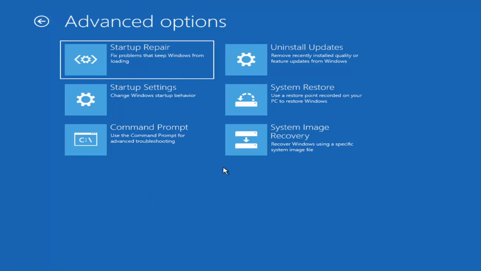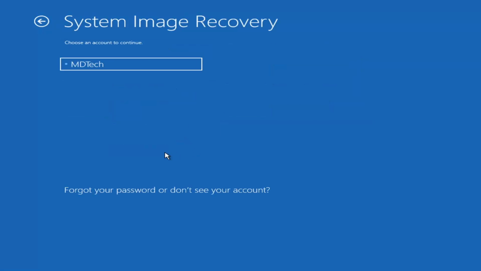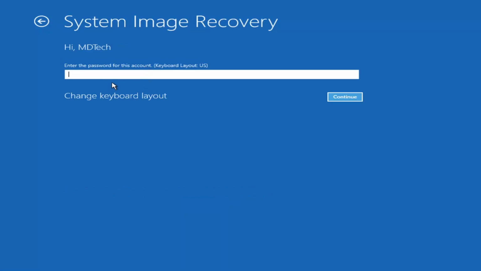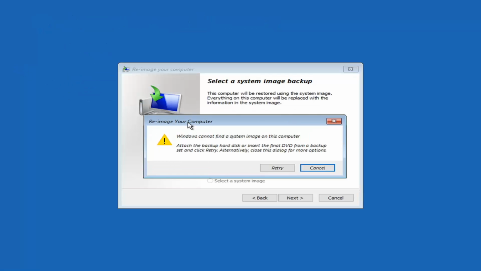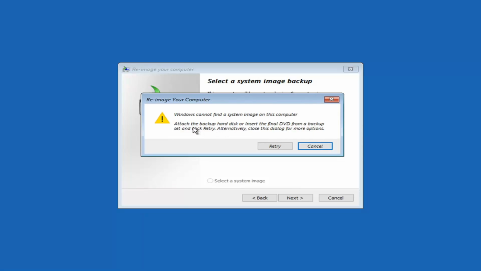Another thing too, you can try the system image recovery option, which if you have a saved CD or DVD of a backup, you're welcome to do that. It's more common if you had an older version of Windows, like the Windows 7 backup and recovery option. Not as common, most of you probably don't actually have that here, but I will just go ahead and type it in, select continue. Actually, I don't even have a password on here. And anyway, you can see there's no system image on this computer,